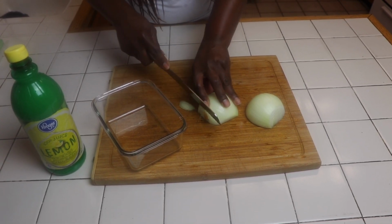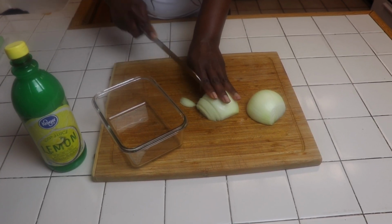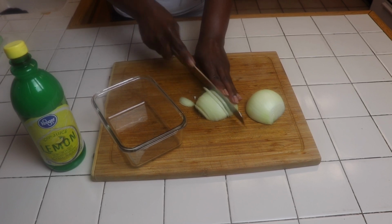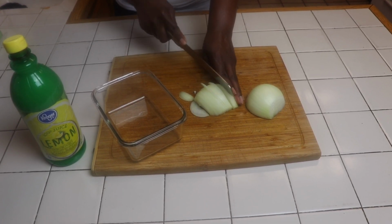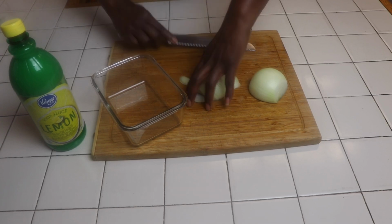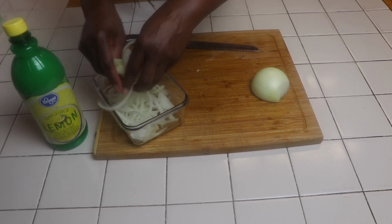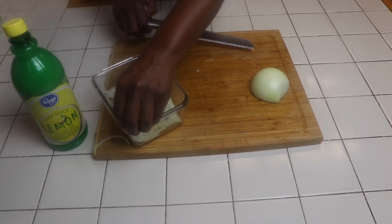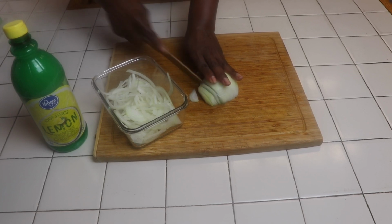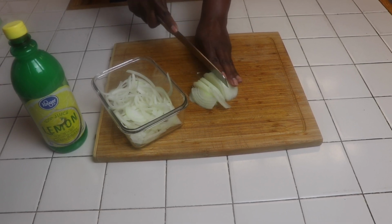So what I'm gonna do is I'm just going to slice up my onion. I'm going to thinly slice it. Doesn't take long at all. You can throw this in before work. It'll be ready when you get off. And your house is going to smell so delicious. You're just going to put it in here. My family loves a lot of onions, so I make sure I make enough. This is a medium onion. But if you don't have a large family, you can make a half of an onion or...